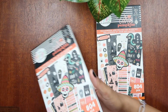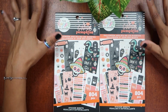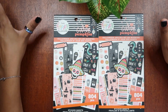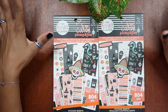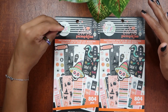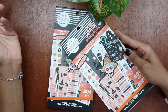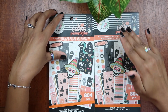I love this, and this is actually the most expensive sticker book ever, because after the whole Happy Planner thing, they took down the sticker book, or maybe they didn't take it down, maybe they just didn't restock it, and whatever sold out, so you couldn't buy it from the Happy Planner. So probably a good at least 6 months later, I became obsessed, and I was like, man, I really want to use this house. So what I did was I went on Mercari, I purchased this sticker book, which was already more expensive. I think it was like somewhere between $30 to $38,